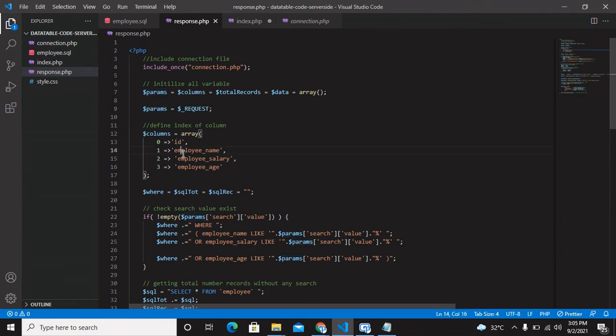Here we have defined the column names, as we are filtering only data for employee name, employee salary, employee age and ID.